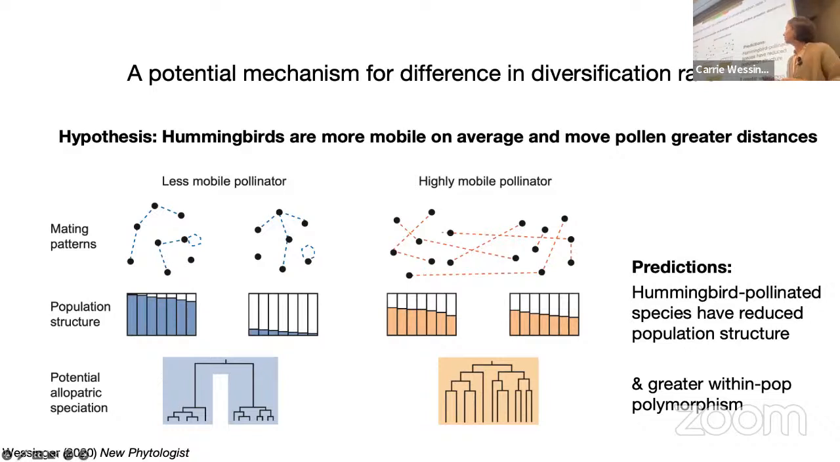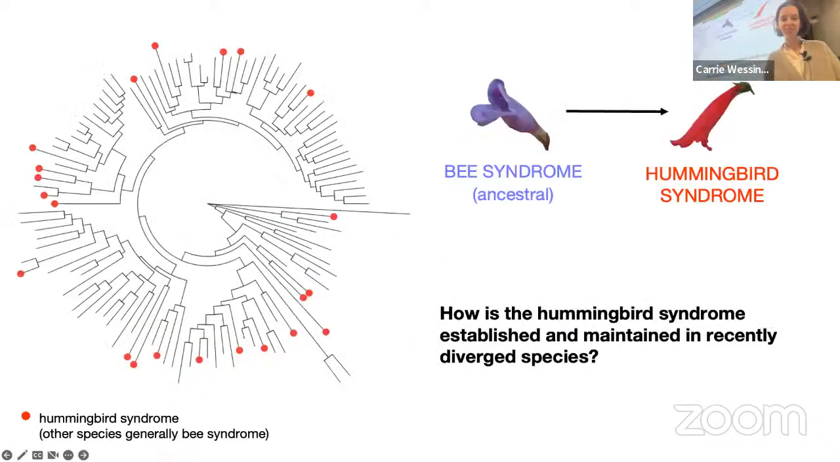And so a prediction of this would be that perhaps you should see greater genetic variation segregating within populations of the hummingbird pollinated species, as well as greater shared variation between populations. So we'd like to investigate this in the future, but for now we will leave this diversification rate finding behind and focus on